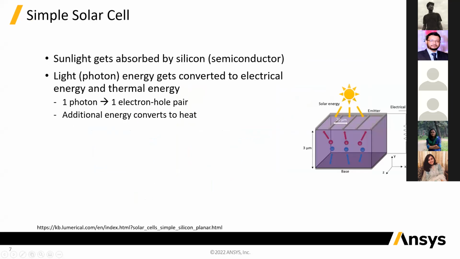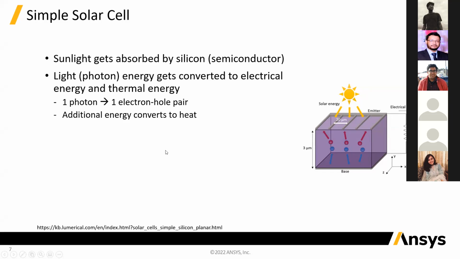So this is a cartoon of the device in question. We have a simple silicon solar cell, just a block of silicon. We have our emitter fingers at the top, and then a base at the bottom. And we have an external load connected between the emitter and the base. So the photogenerated current will flow through our load, and that's how we are harnessing the power of the sunlight.